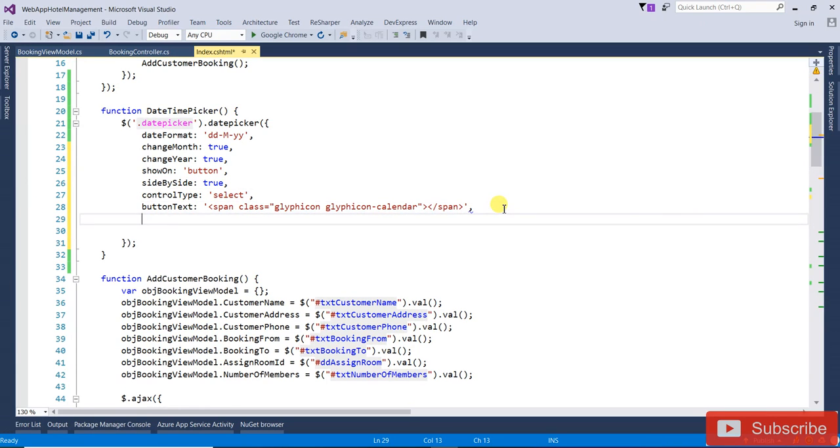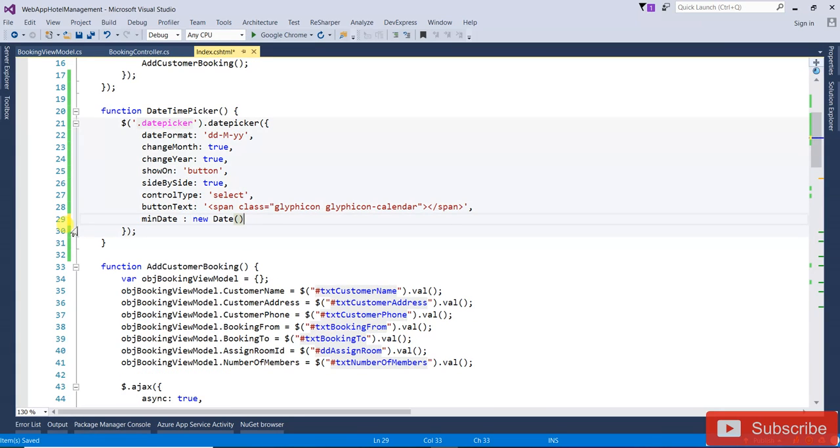So for minimum date, we also have to write minimum date. So it will be min date. Also, it's like a min date, max date. Okay. So now if you run the application,